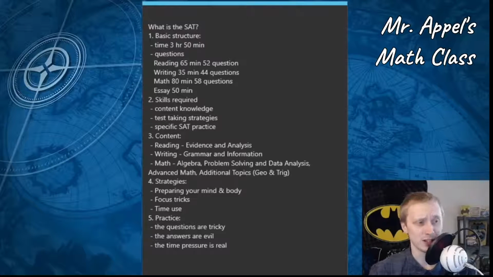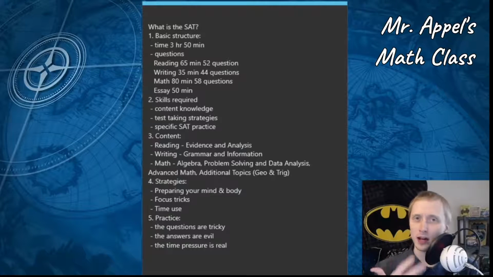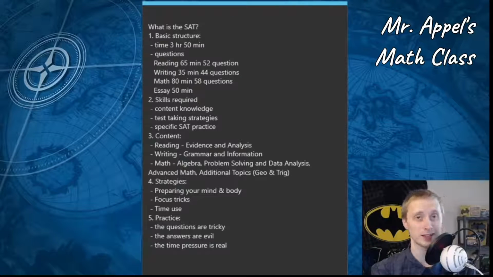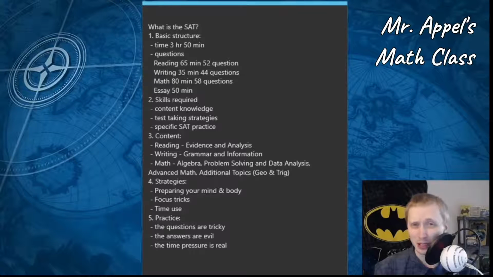The next section is the writing portion, and this is the other side of the communication aspect. Instead of looking to understand what somebody else is communicating, this is how well you are at communicating your ideas, except you're still communicating the SAT's ideas. This is where all of the grammar portion is going to be included, some vocabulary, to an extent, although the